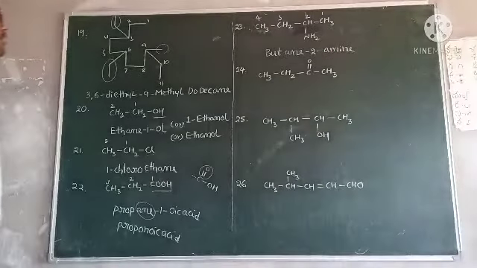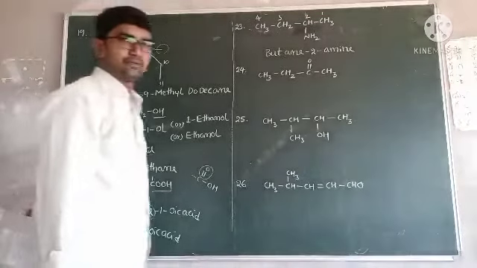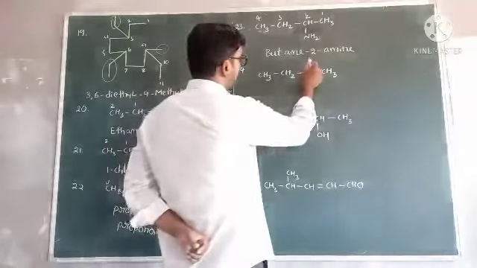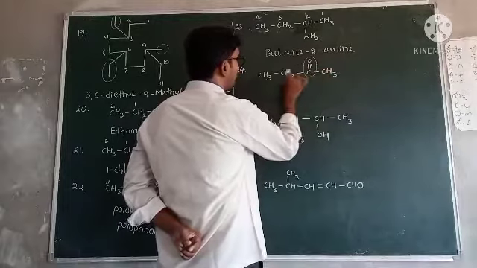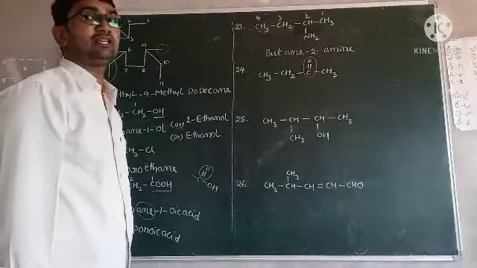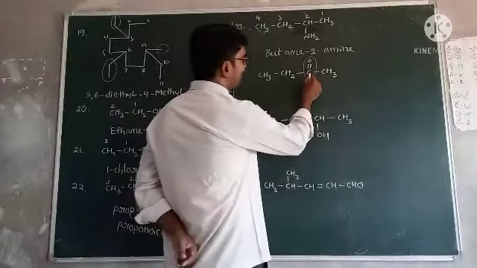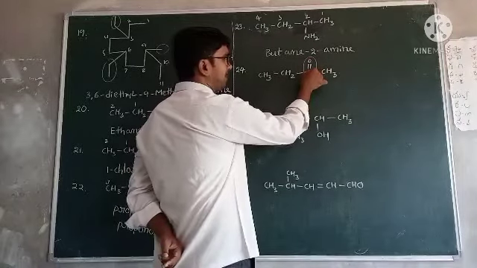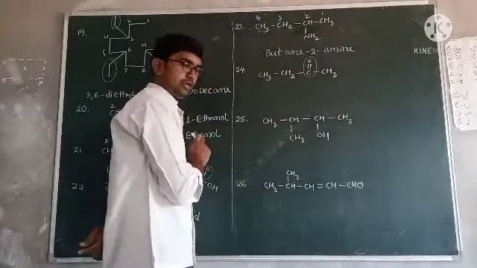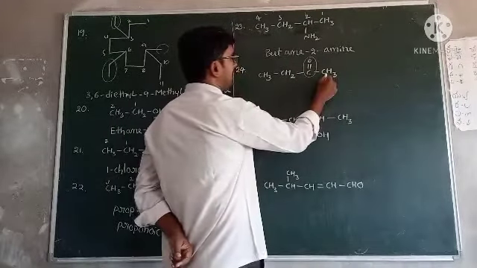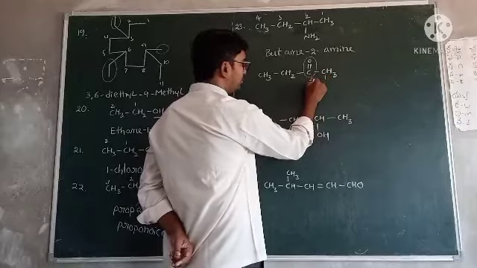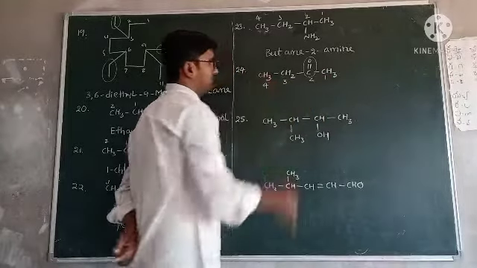Okay, this is about the 23rd. Next, the 24th. In the 24th one, is there any functional group? Yes, one functional group is present. This is C double bond O between 2 carbon atoms, so this functional group name is ketone. Based on this one, give the numbering. This functional group contains 1 carbon, but the carbon is present between 2 carbons, so don't start from this carbon. Start from any other end. From this end, the functional group is at second position. From this end, 1, 2, 3, third position. So 1, 2 is the lowest numbering. 3, 4.